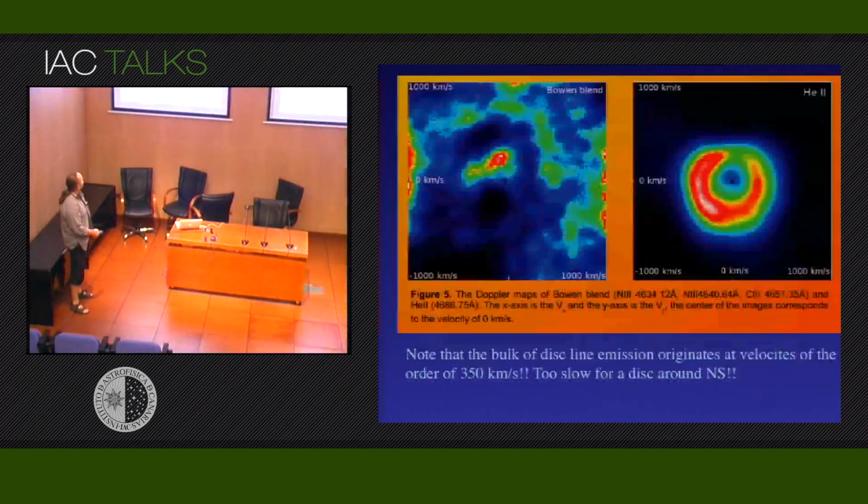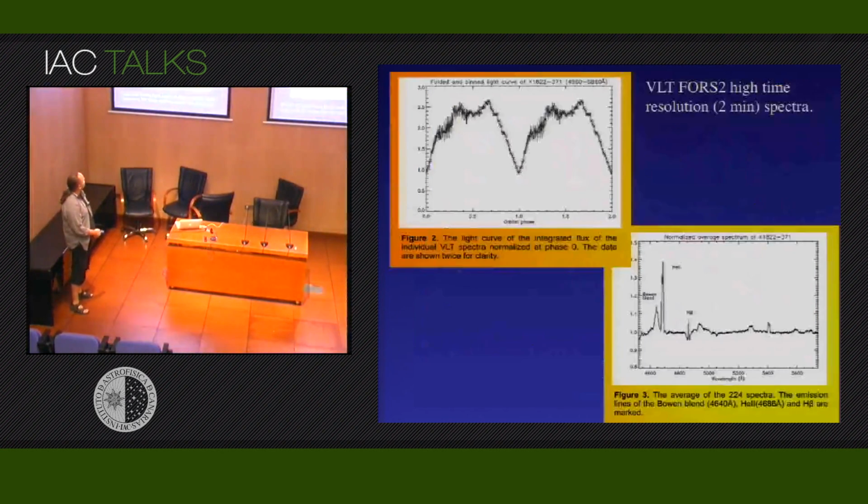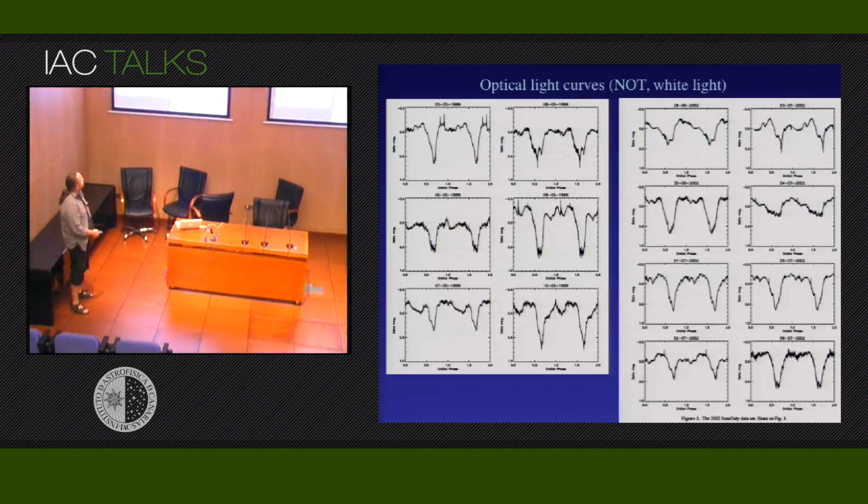The warp is probably not turning fixed in the system. But if it's like that, it's very hard to produce this sort of light curves, because if the warp remains the same, why is there so much difference over the orbital period? Because if there's a secondary going around, of course the mass flow from the secondary hits different paths there, so maybe that's the reason. But I find it quite hard to explain